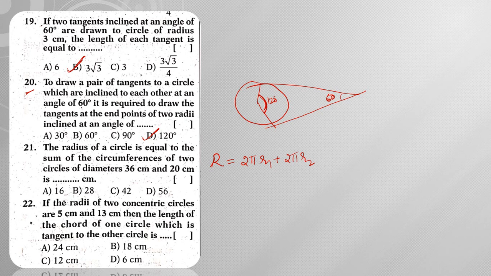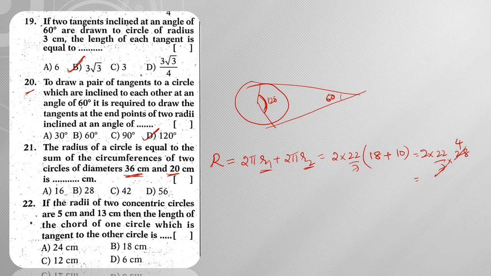So 2 pi r1 plus 2 pi r2. This I can write as 2 into 22 by 7 into r1 plus r2, taking 2 pi as common. Since the diameter is 36, its half is 18, plus the other diameter 20, whose half is 10. Based on this, 2 into 22 by 7 into, 18 plus 10 is 28. In 7 tables, this cancels 4 times. Then what I am going to have,